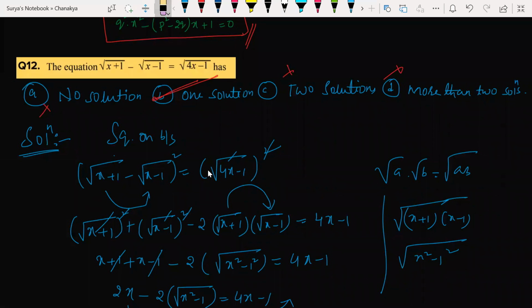Very simple, guys. See here, in an earlier class we solved one question. From quadratic equations, believe me guys, if you are aware of the basics, the nature of roots, sum and product of roots, and how to find a root of a quadratic equation, I promise you guys, we can solve almost all JEE questions. 90% of the concept will rely upon the nature of the roots and the product and sum of the roots. If you are aware of this, that is enough. 90% of the questions will be like small logic.